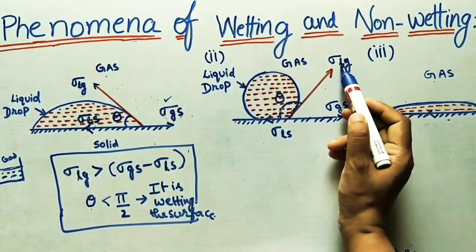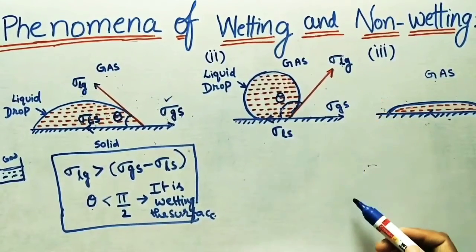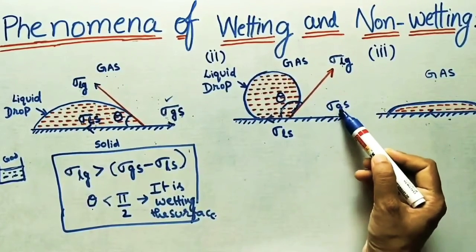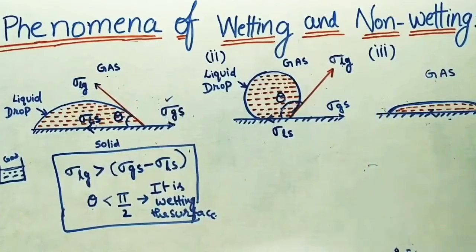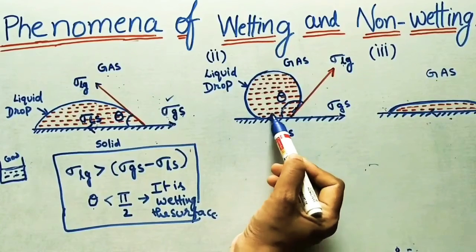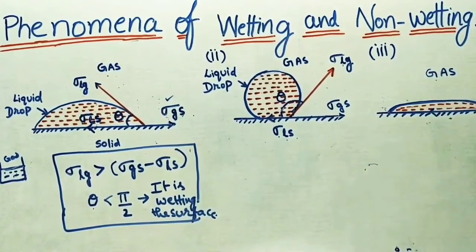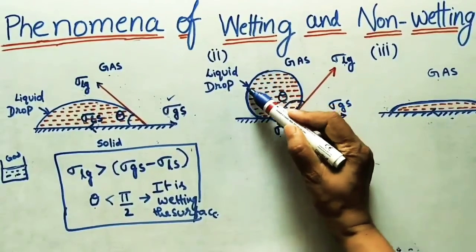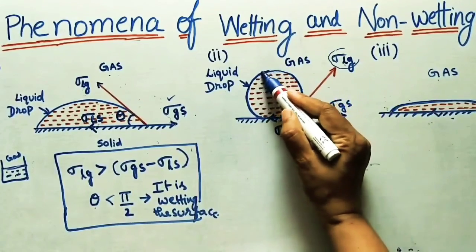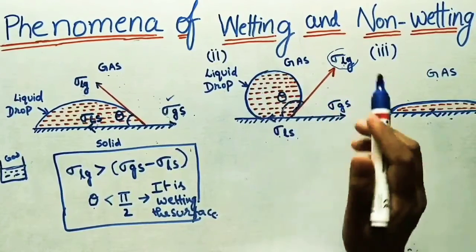So it is liquid-gas, Lg, with sigma, the surface tension of the liquid and gas interface. Similarly, here gas and solid, the surface tension is sigma Gs. Similarly, here liquid and solid, the surface tension is in this direction, sigma liquid-solid. Now, for getting this in equilibrium, this value should be more for keeping this shape. Obviously the surface tension will be more, and only at that time it retains this shape.